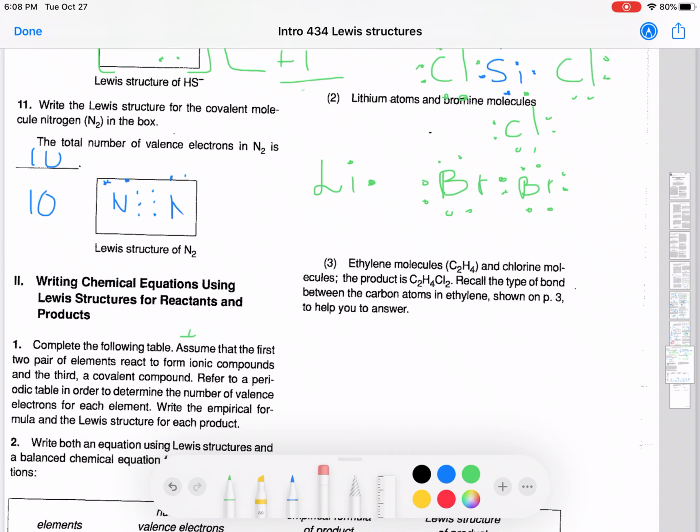Lithium bromide. And then plus LiBr. So we want lithium